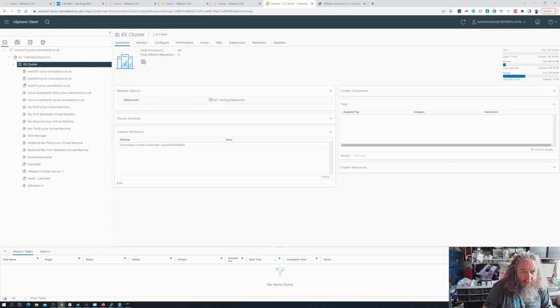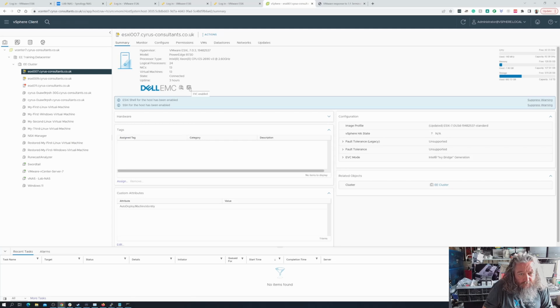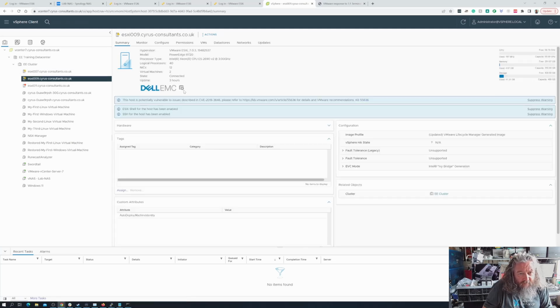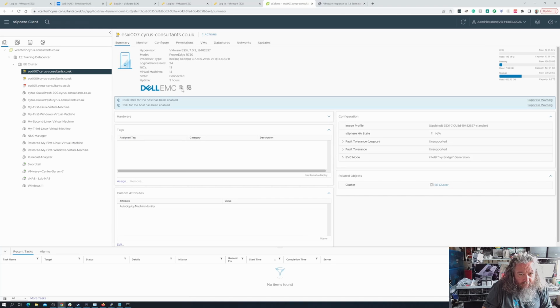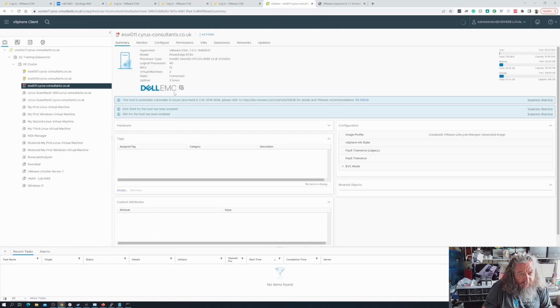So if you had a little look before at our hosts, and we look at the summary, you can see here that this says EVC enabled, so this also says EVC enabled, and this also says EVC enabled. But if you notice that there was another icon here that said that vMotion was enabled on this host, but vMotion is not enabled on this host, and it's not enabled on this host. And I'm just going to quickly show you